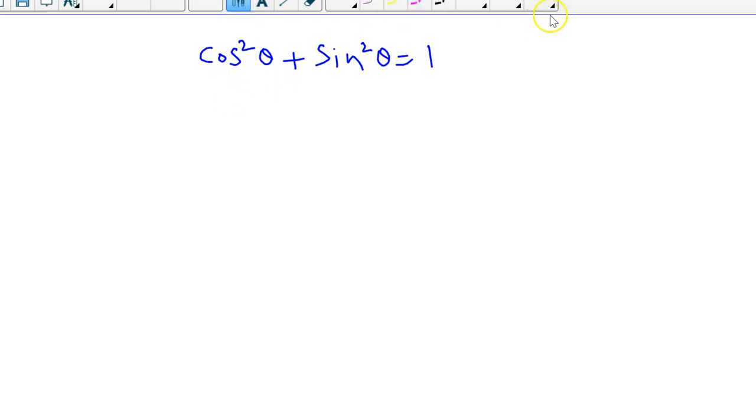For example, if you know the value of sine, let us say if they say sine theta is equal to 1/2, then what is cosine theta? You can just substitute 1/2 here, square it and solve it for cosine square theta and you will get the answer. I'll show you in the next examples in the next video, but here let us derive the other two